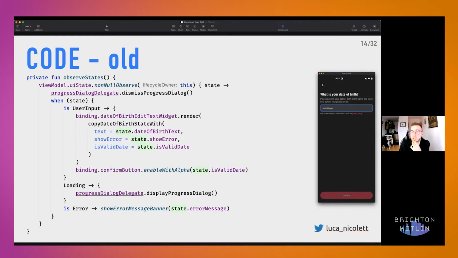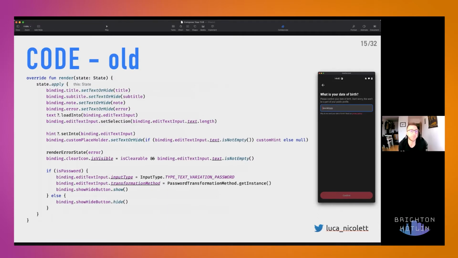And this is the body of the render function for our widget. This is the only function that our widget exposes. So we already copied the idea of rendering the view from Compose for every view. And here we also use view bindings. As you can see, there is a lot going on. For every single label, we show or hide it depending on the value received for that label. We change the input type of the edit text based on whether the widget contains a password or not. We render an error if the error is not null, and we show and hide icons around based on other conditions, sometimes more than once at a time.